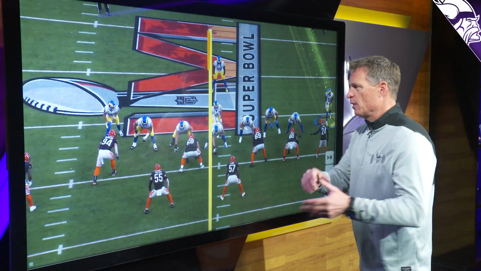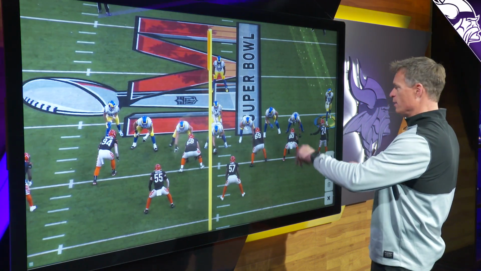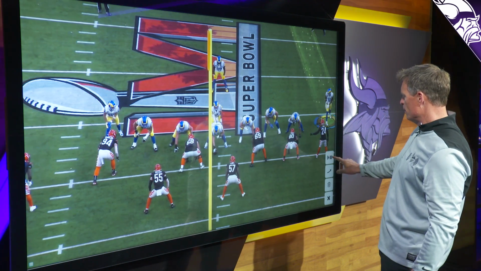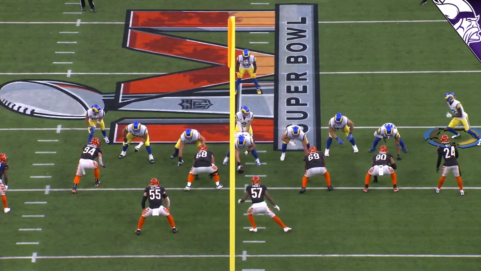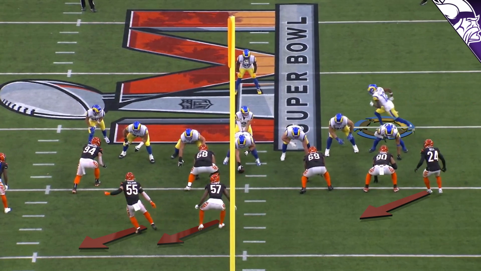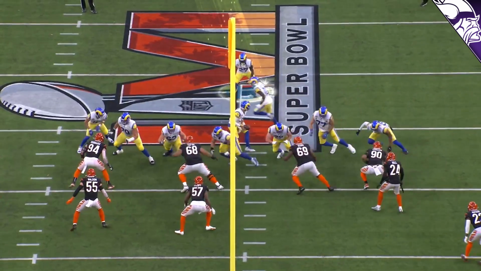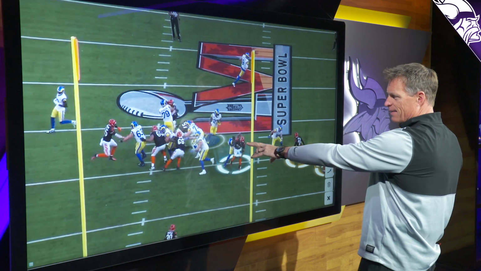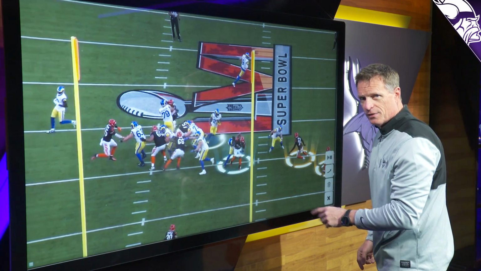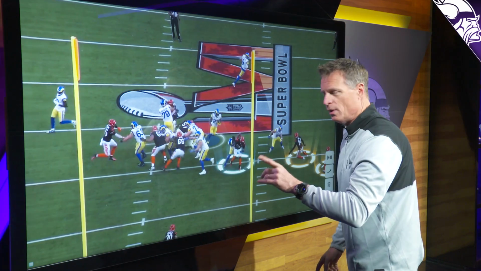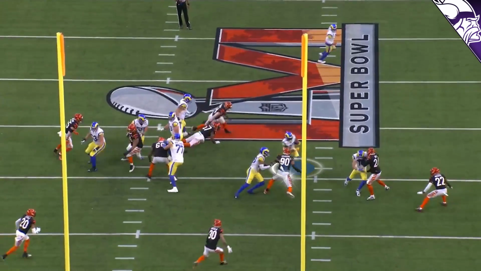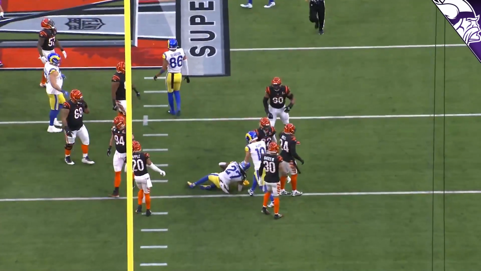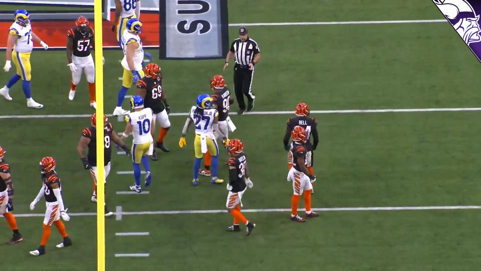All right, on that last play, we saw them run outside to motion. Well, in this case, you got the tight end on the line of scrimmage, wide receiver in the flank. Watch this guy. As soon as he goes in motion, one guy moving on offense requires 3 defenders to have to move. They start this play front side, but they bring Cooper Kupp on the backside, and you've got this big block by the tight end on the defensive end. The tight ends play a critical role in this offense, especially in their blocking. If that block holds up, that's another 10 or 12-yard play. So they run to the motion, they run away from the motion. The defense has no idea where this ball is going to go.